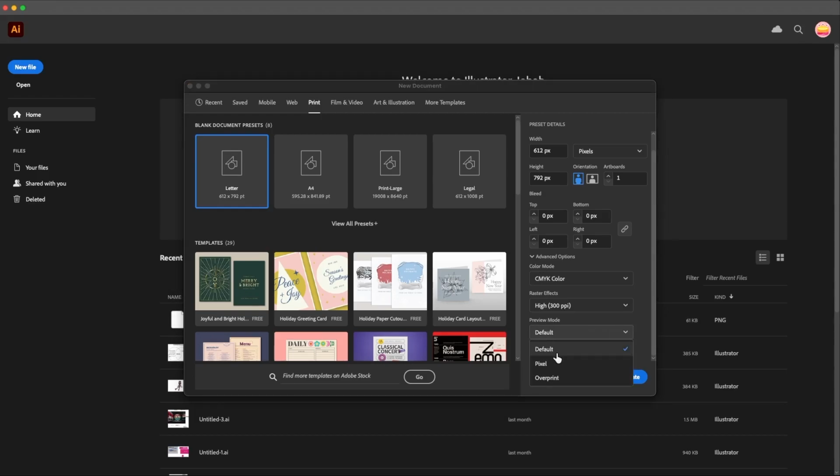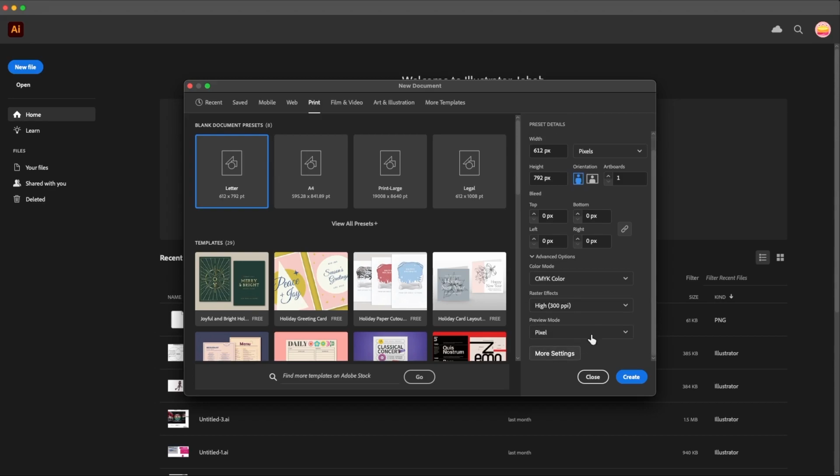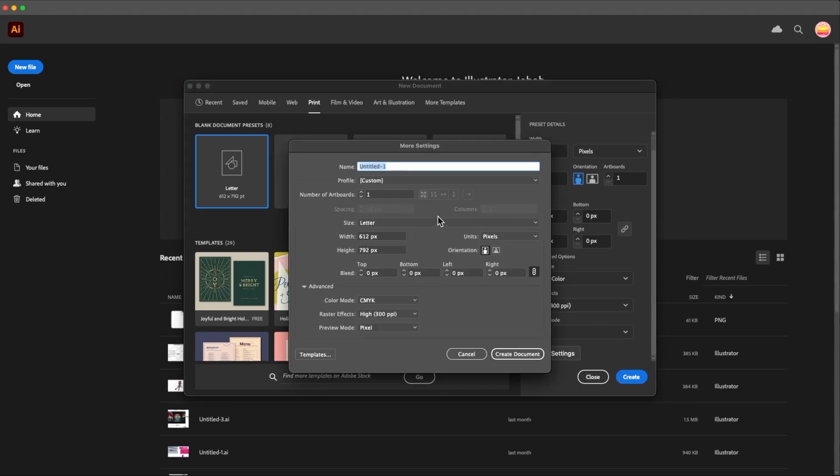There's a preview mode here, default, pixel. I'm gonna just put a pixel here. There's more settings too, and I'm gonna just click on more settings so you can see a little bit more in detail. Okay, so here shows the number of artboards. Again, color modes, I'm gonna just change this to